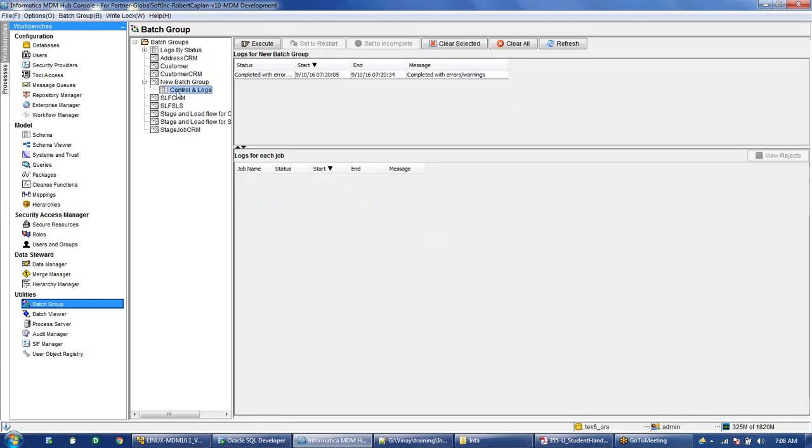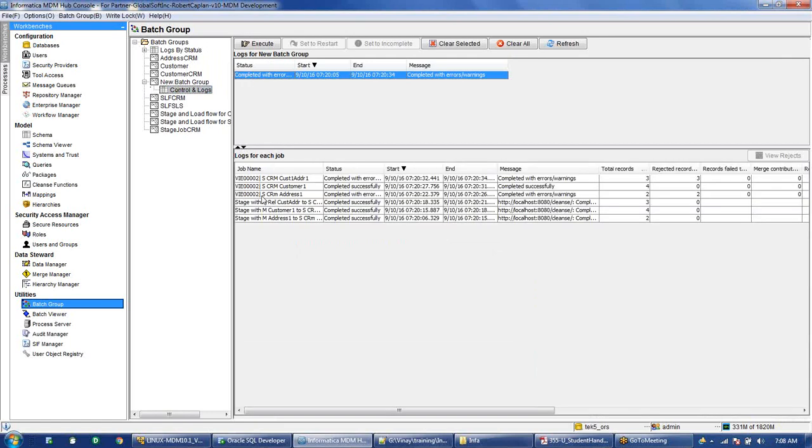So that was the error for address, and other than address, this is a rejected record because the lookup failed on address. So now we can go and run it again.